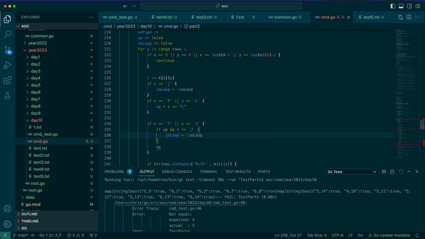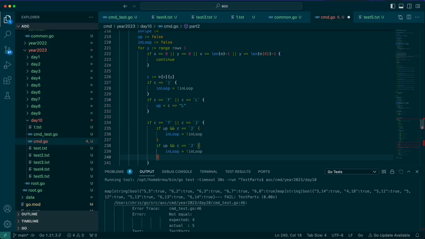So we inverse, and then we invert this as well. So if we're 7, and actually we can,